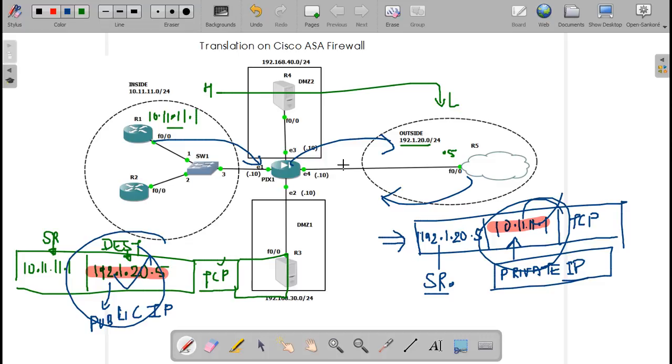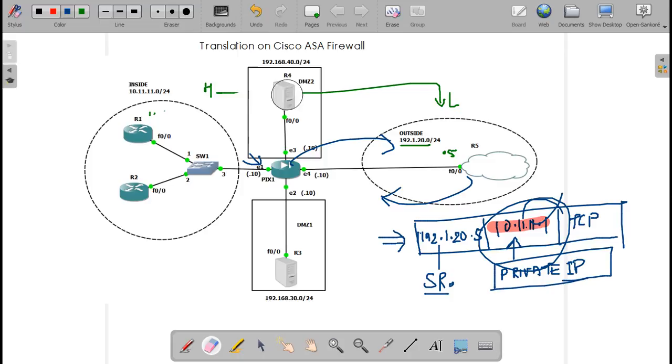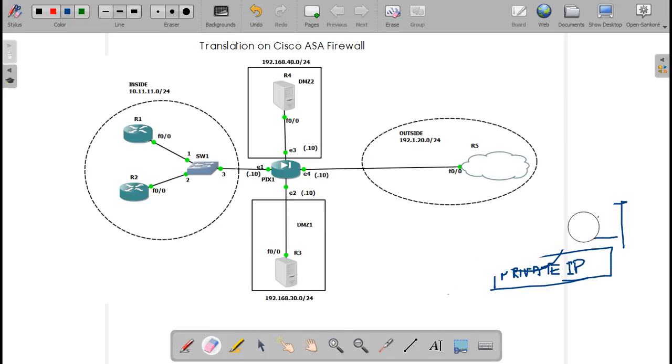In a real-time situation, you will be using private IP addresses in your internal network, and on the internet you will get public IP addresses. So in the real situation, your packets will not come back. That previous lab was just for understanding how the packets travel through the firewall.